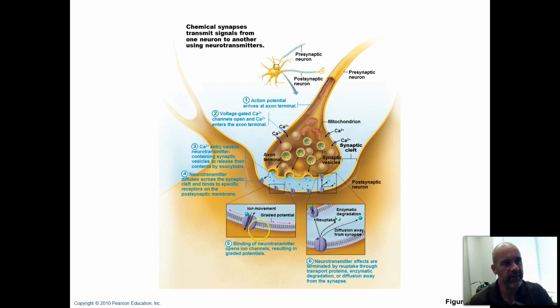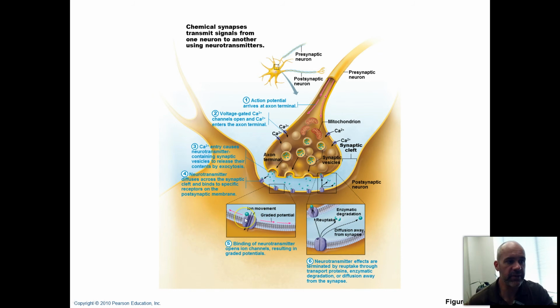Here's just another look at this. This is from your textbook. You've got a presynaptic neuron that's influencing this one, and here's our postsynaptic neuron. So an action potential comes down the presynaptic neuron, just like you learned about in the last unit. That triggers calcium channels to open. Calcium flows in. Calcium causes these vesicles where you have neurotransmitters stored to travel to the surface. They release those chemicals, those neurotransmitters, into the synapse, into that synaptic cleft. Those diffuse across and bind to receptors,